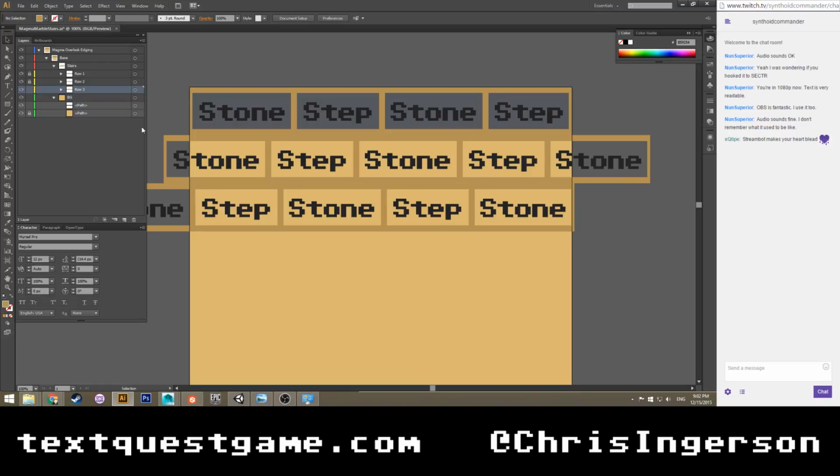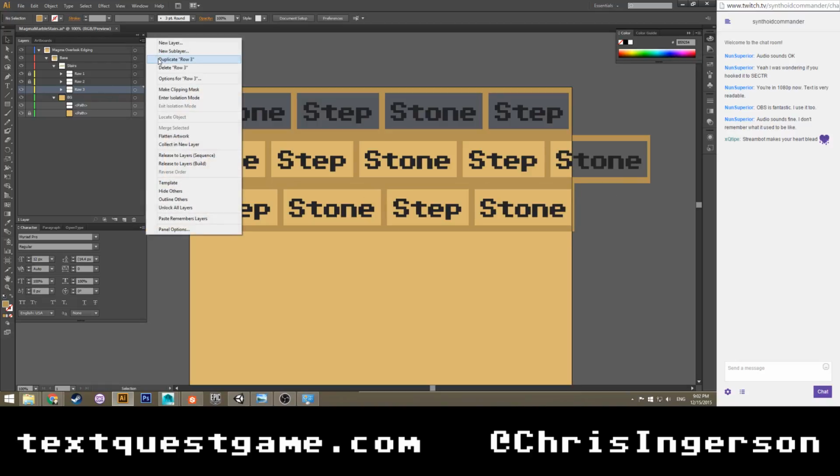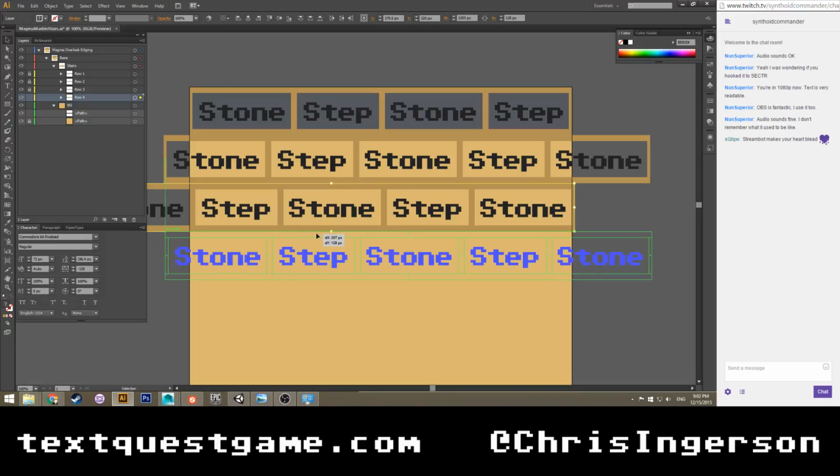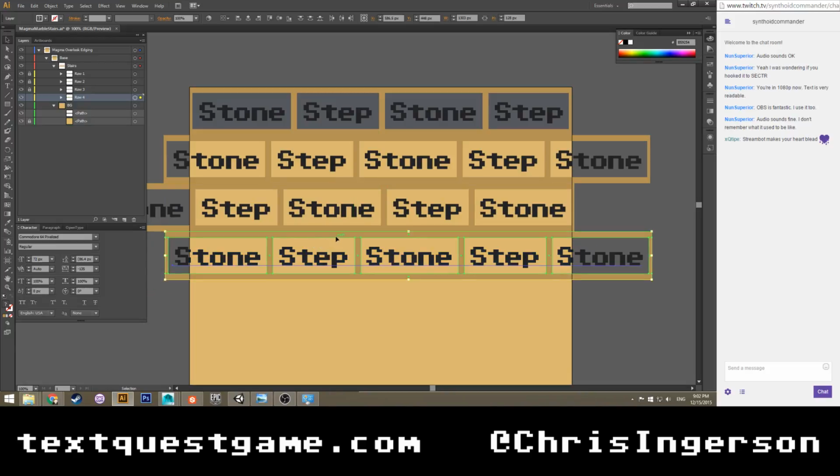All right. And we need one more row. Let's duplicate row 3. That up. Call it row 4. Lock row 3. Select row 4. Move it down. And I don't know where a good spot for this is.